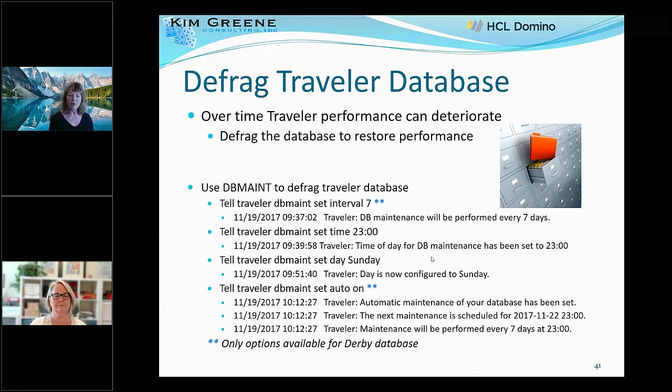And once you have those set, you're going to want to go ahead and just set the auto on. So then it's just going to run, we recommend, every 7 days. We find that tends to work very well for most customers. Certainly monitor your environment, see what's happening. When it does a defrag, it's going to tell you how much space it recovered, so you can get a good idea, if you look at the output of that, to see is this running at the right interval